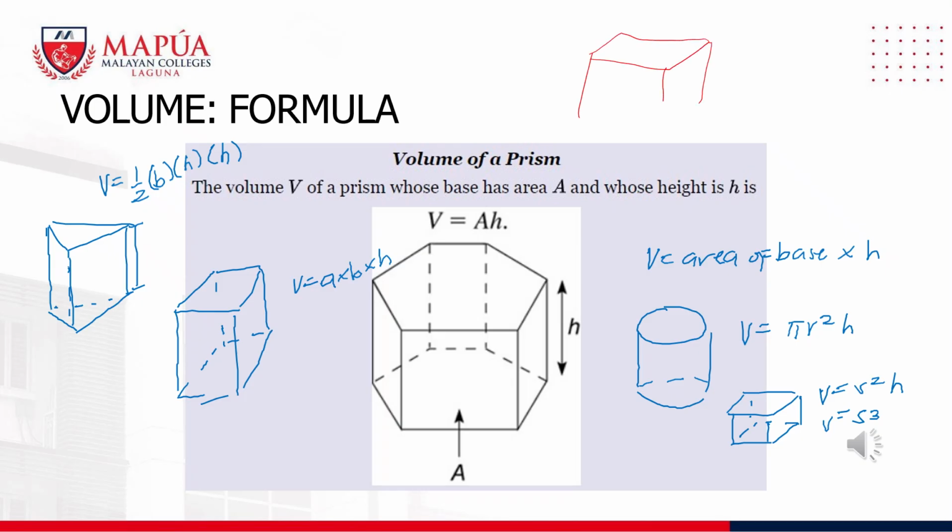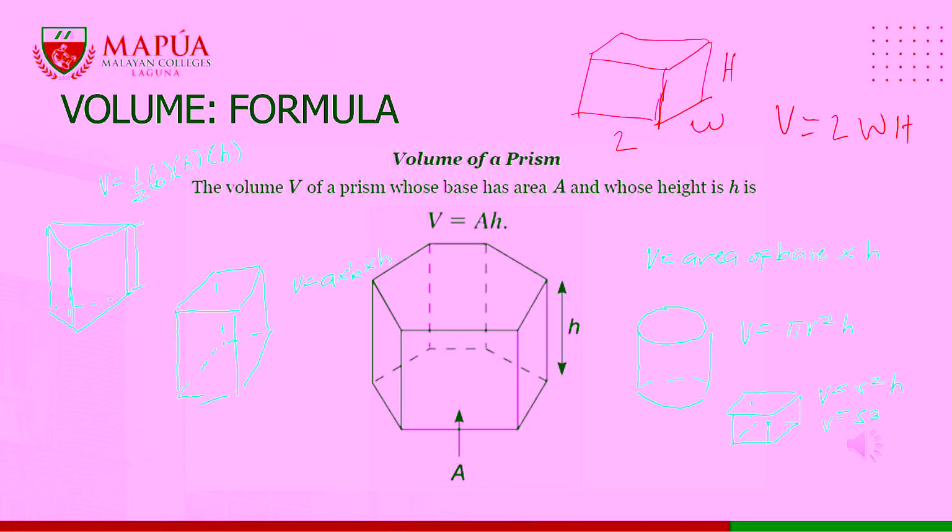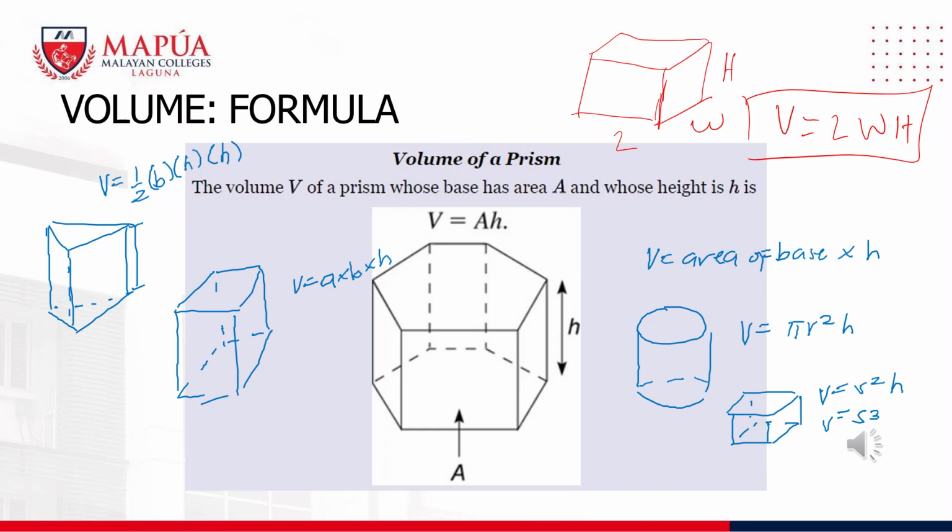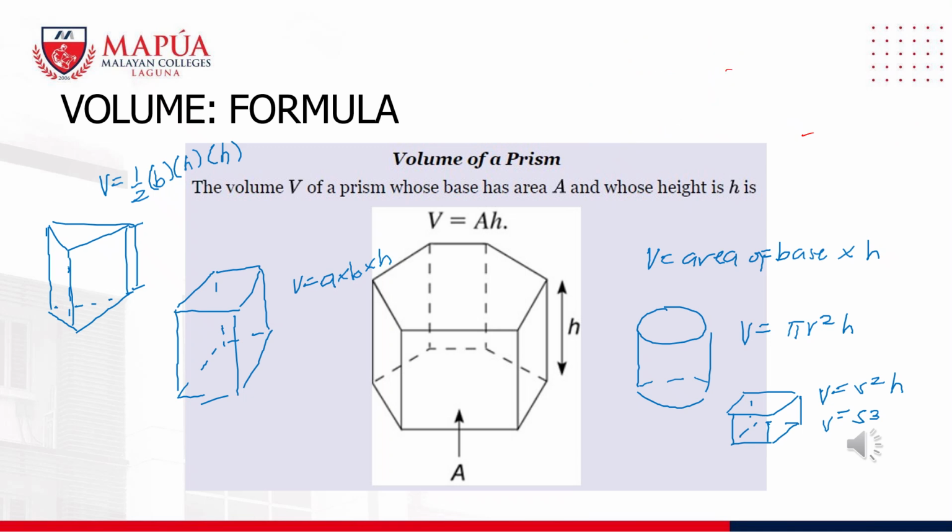When we talk about volume, if this is the illustration, with length, width, and height, the volume is simply length times the width times the height. So that is for this rectangular solid. So this is the volume. And we have here other formulas for different solids. We have here one with a trapezoid.